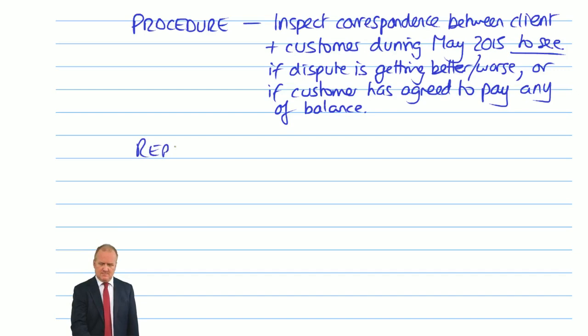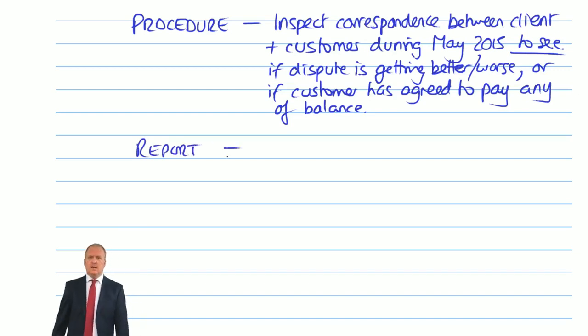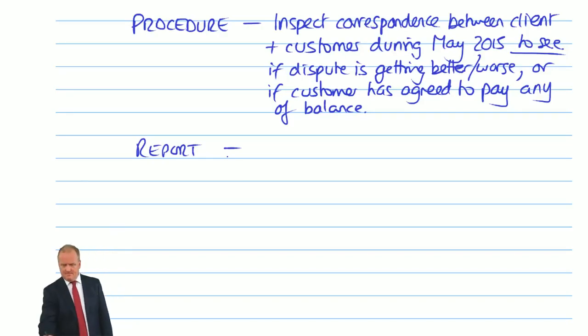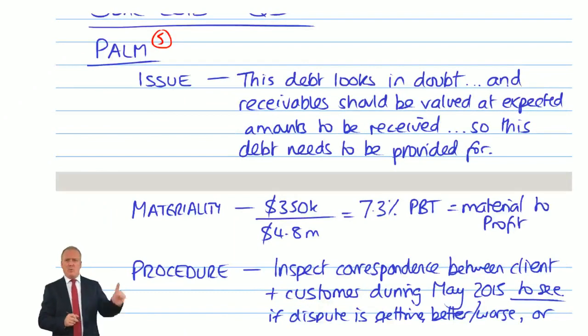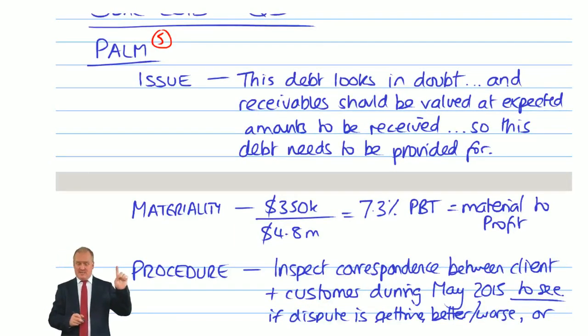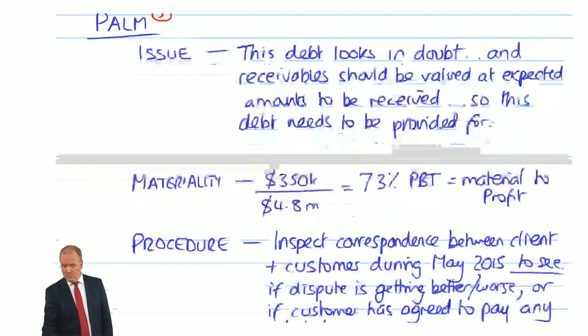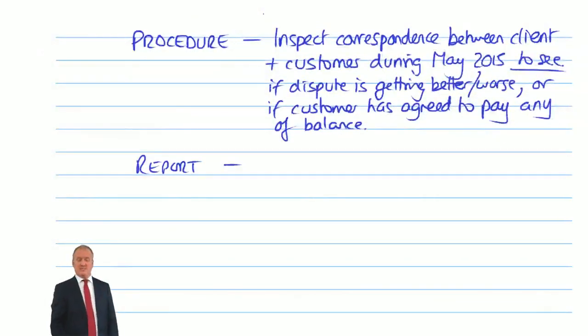Audit report. Remember, there's 5 marks available here. I doubt we're going to get more than 1 for the issue, because the issue seems pretty simple. We'll only get 1 for materiality, and we only are allowed to say 1 procedure. I think we need 2 marks for the report. And if they don't provide against this receivable, based on the information that we've been told so far,